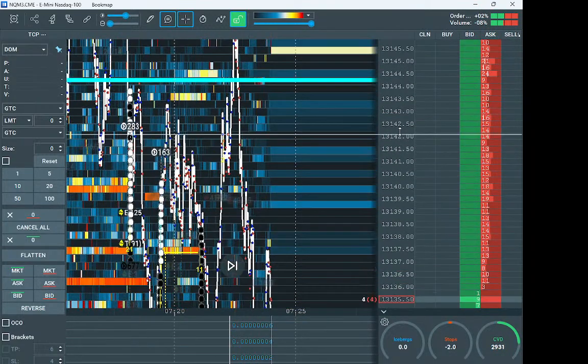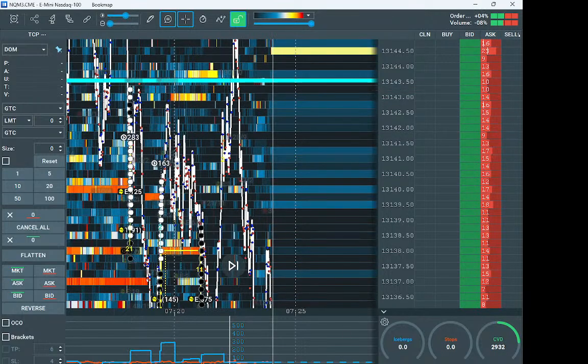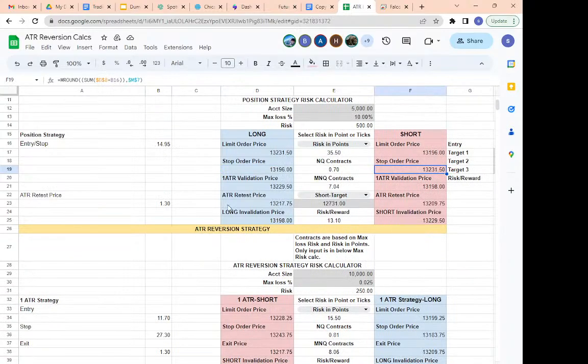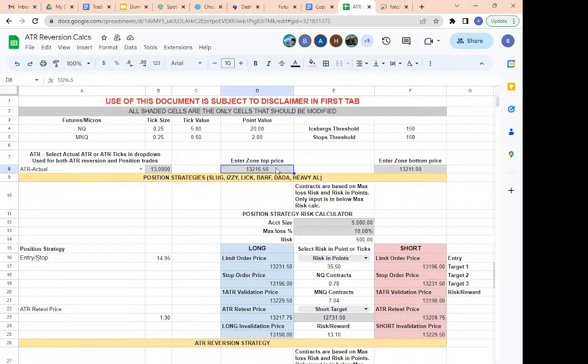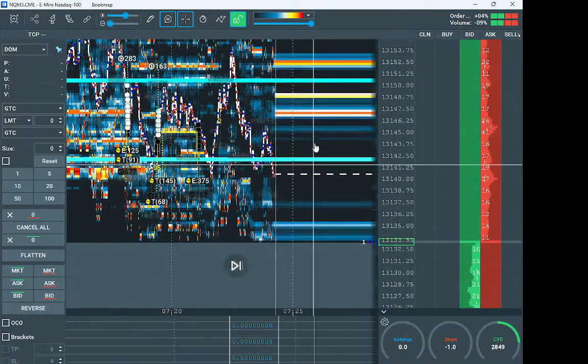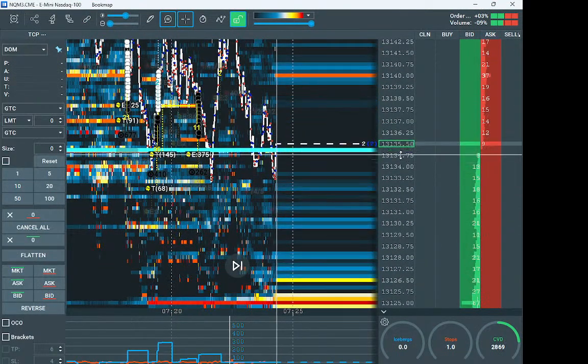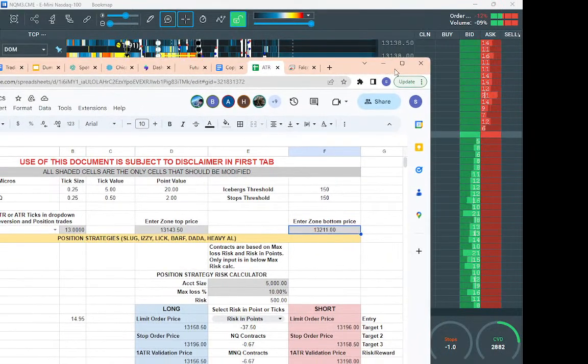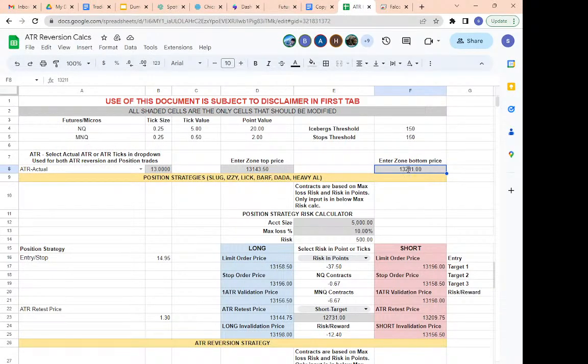Then what I do, so you see 13,143.50. So then I go in here into my spreadsheet and I put in my zone prices. That's the top of the zone. The bottom of the zone is 13,135. Yeah, 13,135. So that's my zone. Then I make sure I have the current ATR, which is now 16.57, which is still